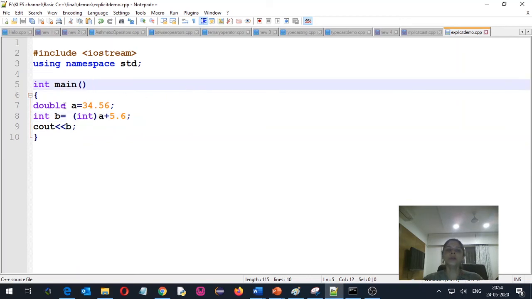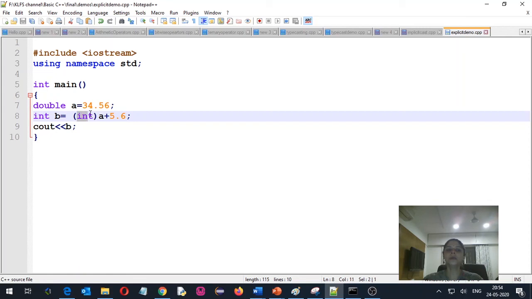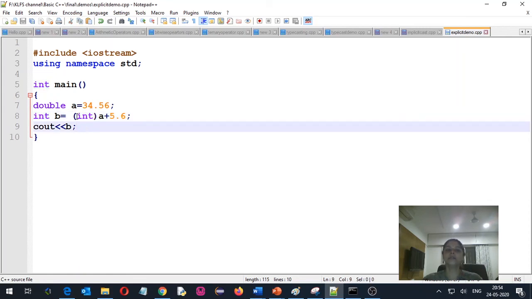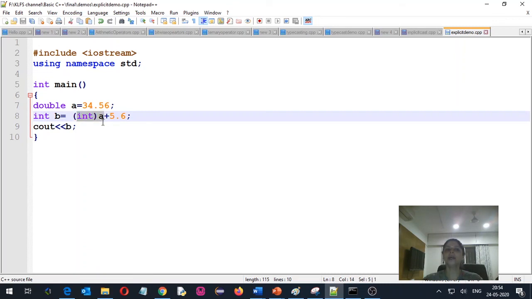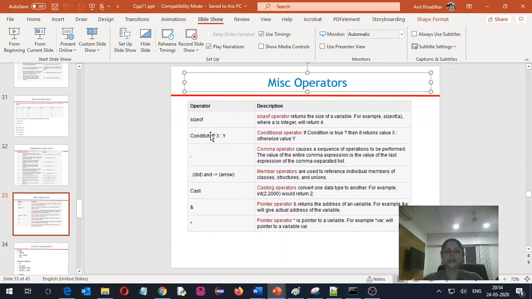So if you are transferring data from a bigger location to a smaller location, to make our program more readable, it is better to go for explicit typecasting, which indicates that we are sure and aware that we are shifting the data from a bigger location to a smaller location. So this is how you can use the typecasting operator. Here you can use any data type for transferring the data from one data type into another data type. And this is how you can use the cast operator.